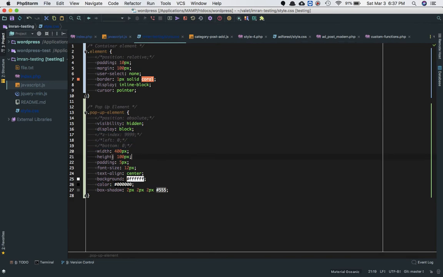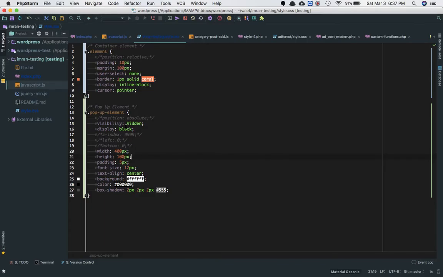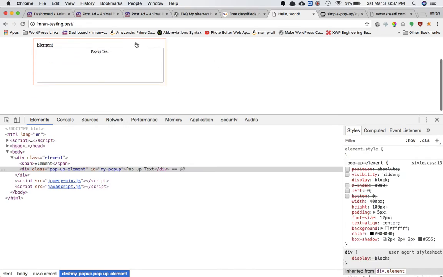Okay, so we get some width, height, padding, font size, text align, background, color, box shadow, all of that. In fact, if I don't hide it, I just want to show you how it looks for now. So this is how it looks. It's kind of a pop-up window with the width and height, and we've got the text align set to center, and we've got some box shadow as well